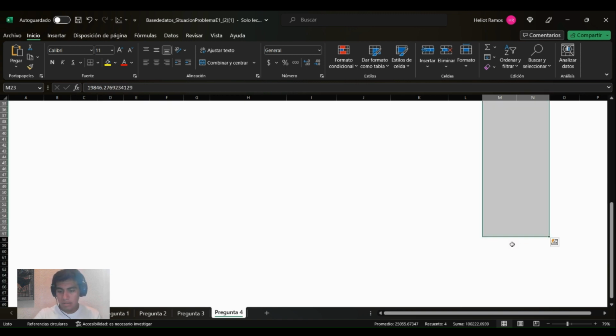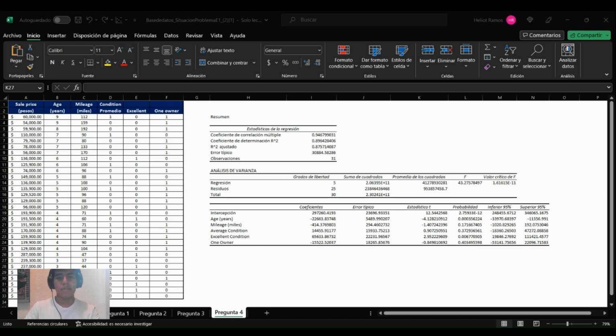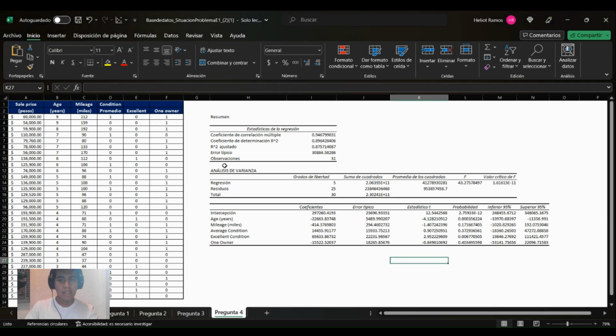The one that catches my attention is actually excellent condition, because this is a positive coefficient, and what's important is that this one does have a statistical value. However, as it is an excellent condition, this variable can only have a yes or no answer. It's either a 1 and you multiply it by the range of these values, which will give you a certain limit, like the maximum you could have is